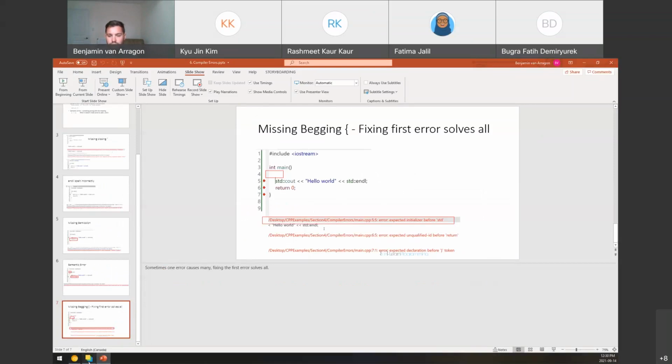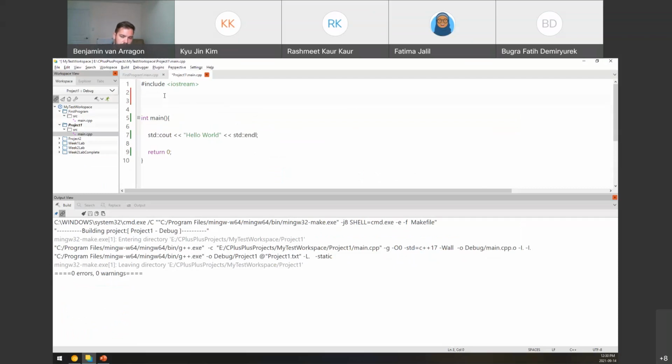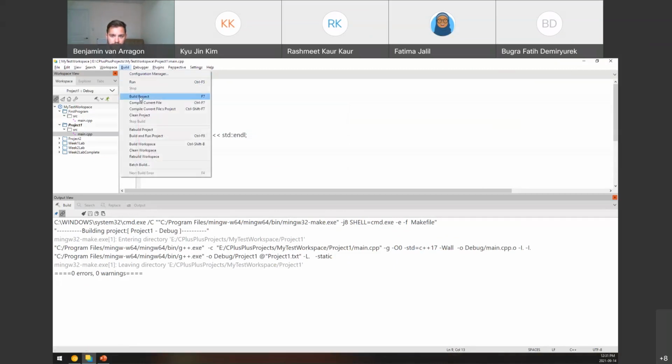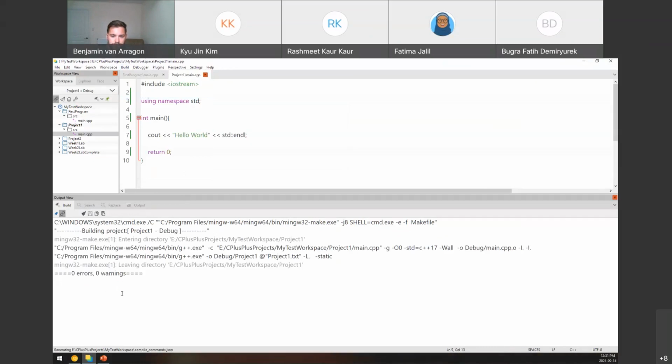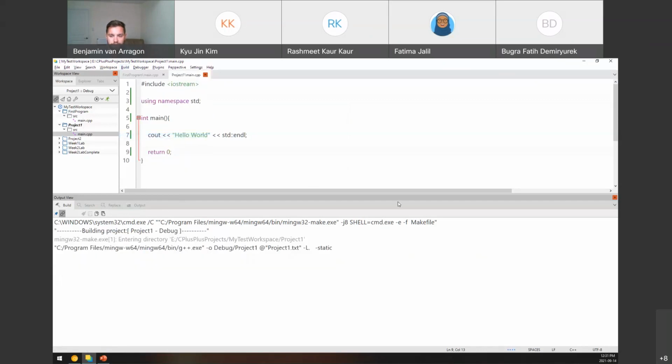So, they're using namespace. You want to see that? If we type this at the beginning, here's another little tip: we type in using, and here's my using namespace identifier. I hit tab, those are keywords, and then I do std with a semicolon. I no longer have to use std:: I can just do cout. And if I build my project, 0 errors, 0 warnings. If I build and run my project,